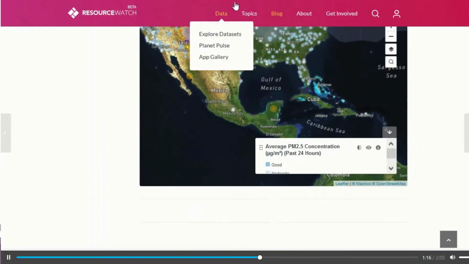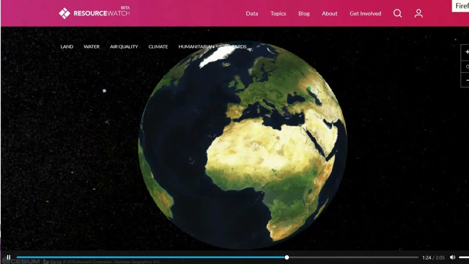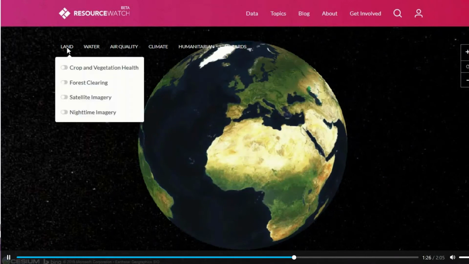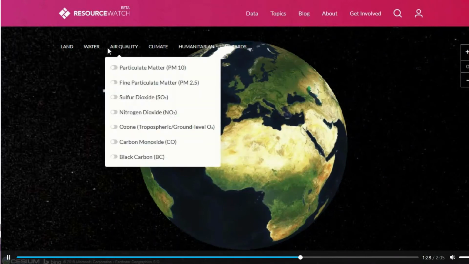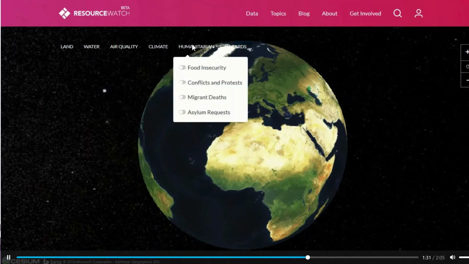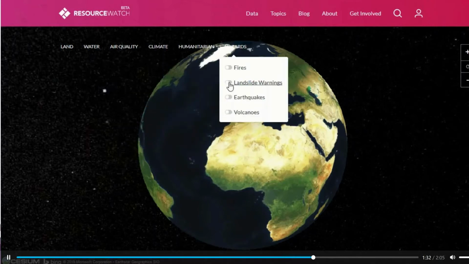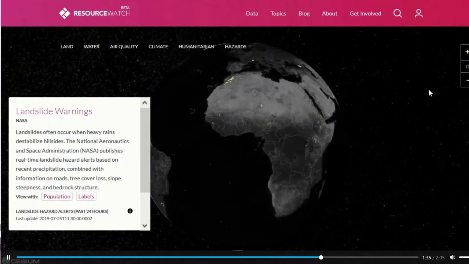But the piece of the website that you all might be most interested in is the data. So you can find that on our data tab, and we'll first look at Planet Pulse. Planet Pulse is where we feature all of our near real-time data sets. And you can see we've got near real-time data sets from a variety of different topic areas. You can just scroll through them here. And you can click on any of them to add them to the map. So right now we're seeing where there are current landslide warnings happening in the world.